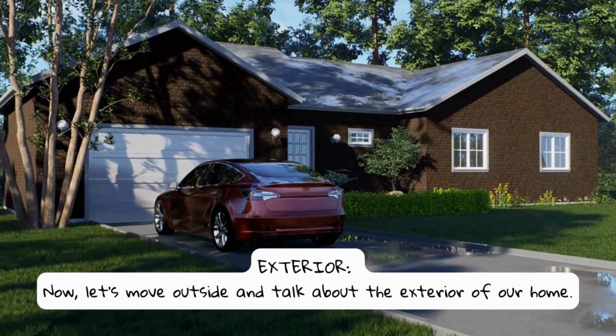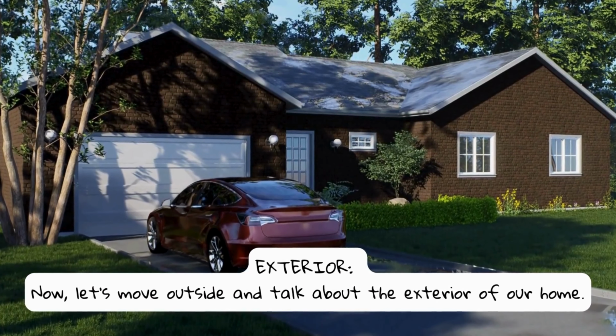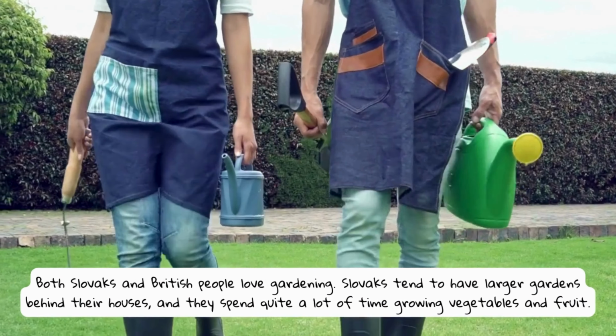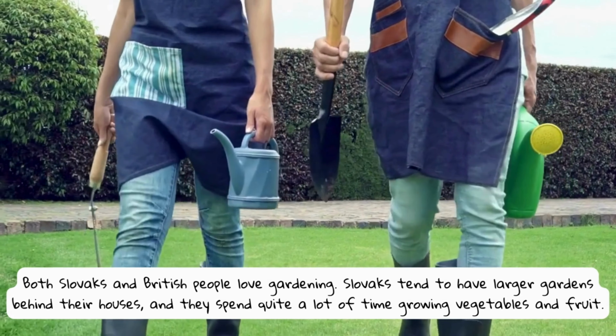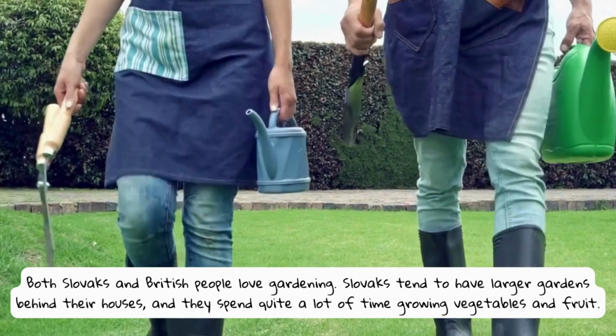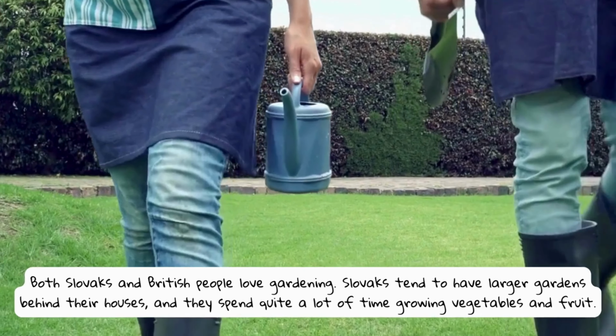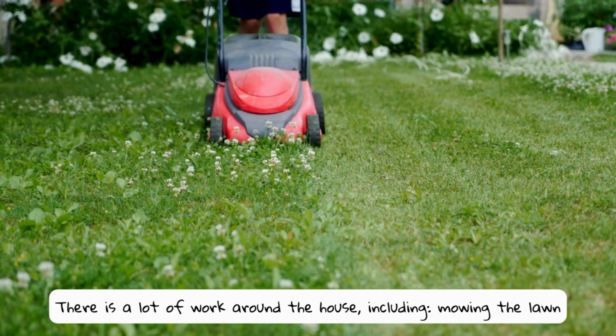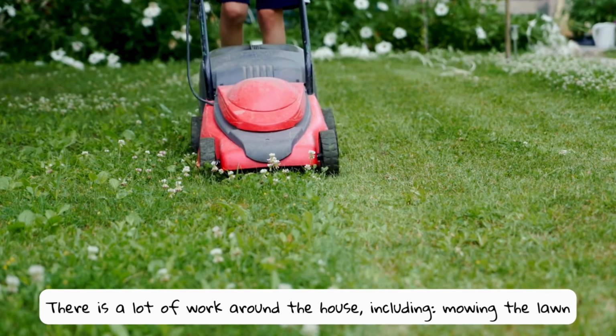Now, let's move outside and talk about the exterior of our home. Both Slovaks and British people love gardening. Slovaks tend to have larger gardens behind their houses, and they spend quite a lot of time growing vegetables and fruit. There is a lot of work around the house, including mowing the lawn,